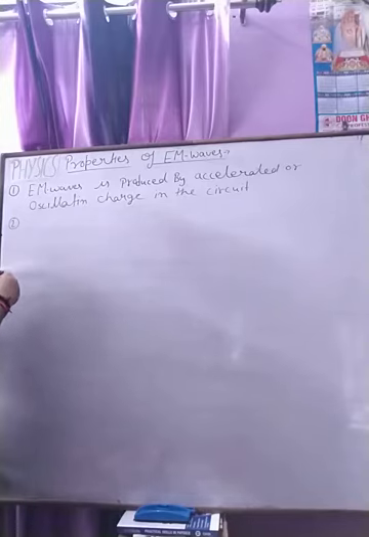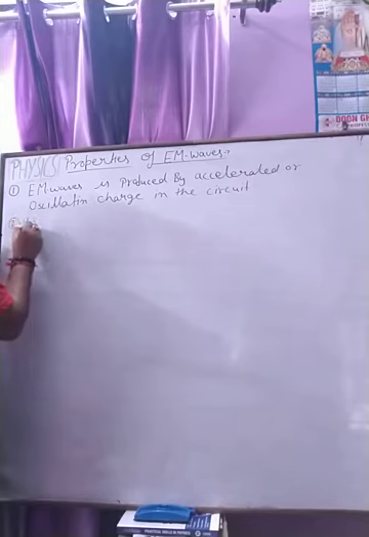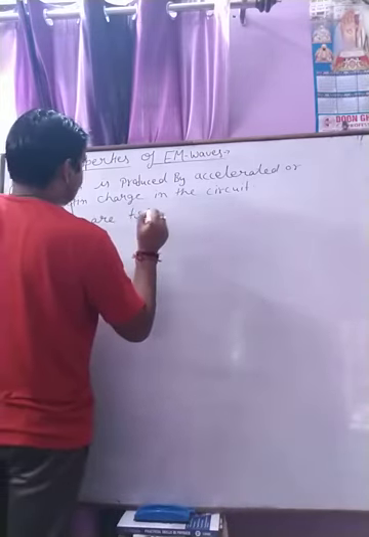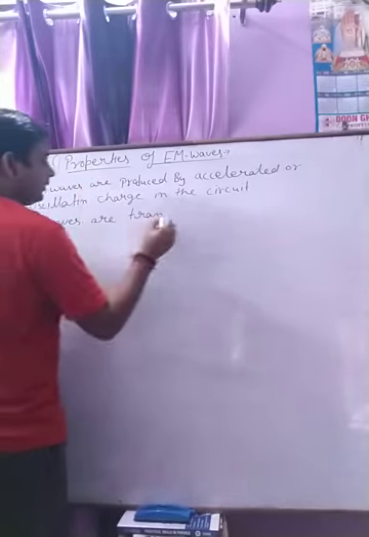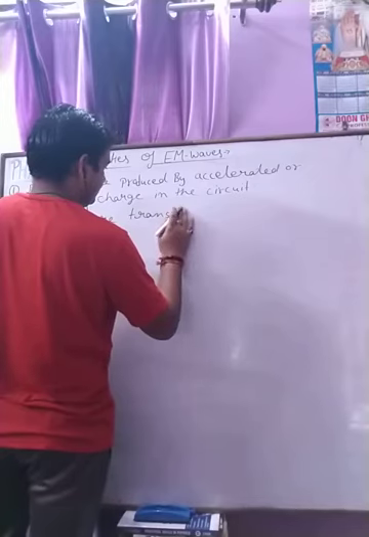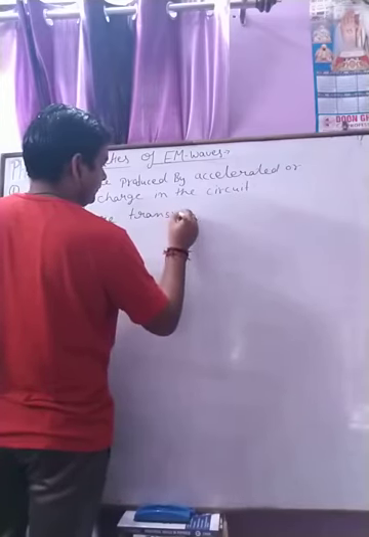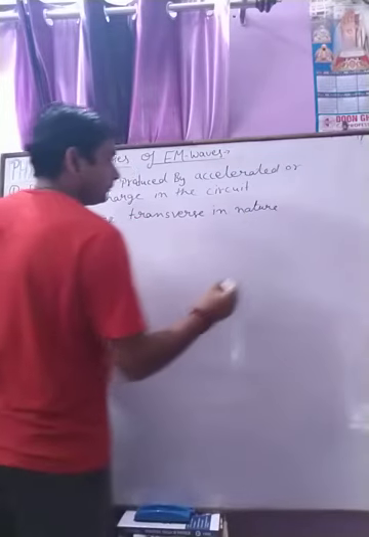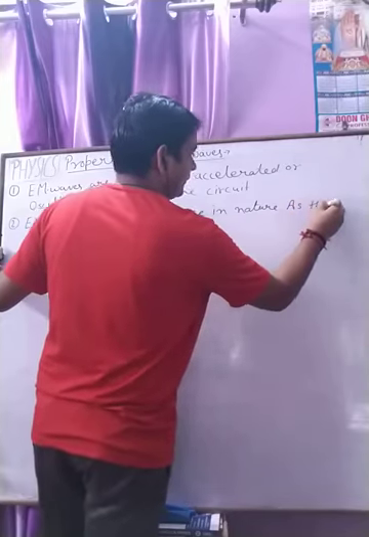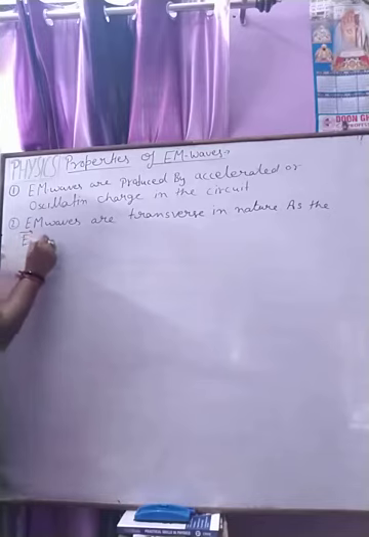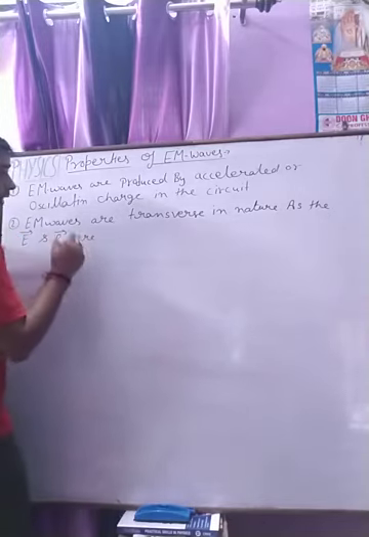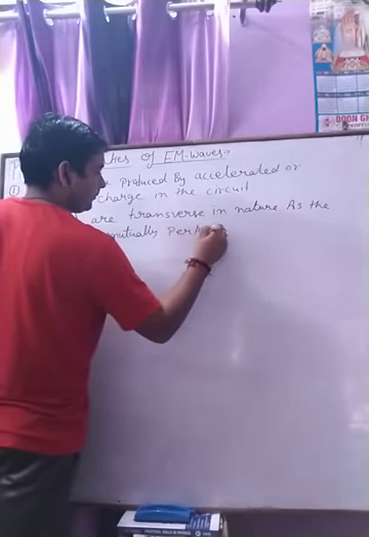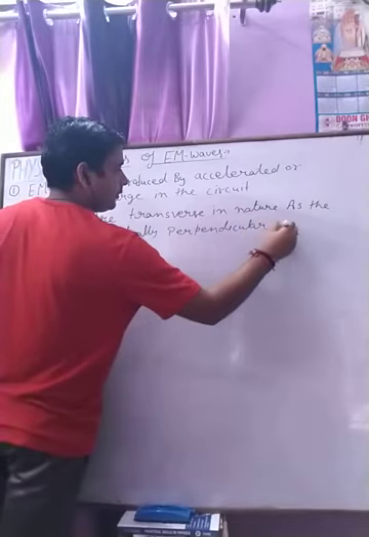Second, EM waves are transverse in nature, as the electric field vector and magnetic field vector are mutually perpendicular to each other,